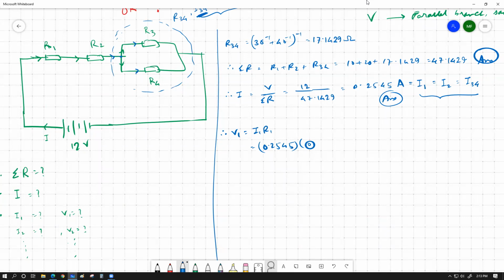Whatever you get over here is your V1, and then you can calculate V2 equals I2 R2, which can be given as 0.2545 multiplied by 20. So you're going to get 2.545 volt, and here you're going to get 5.0909